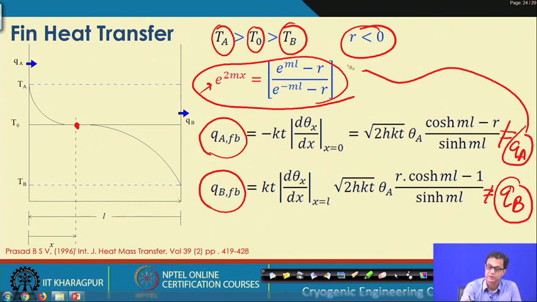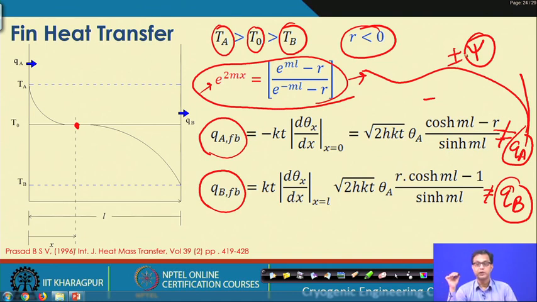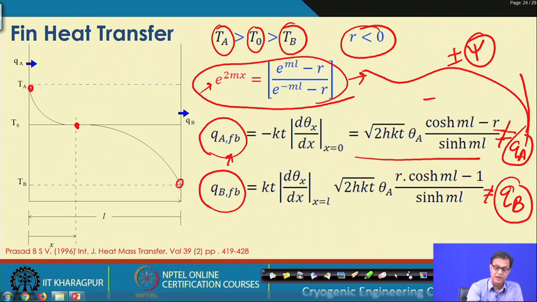Because this length was different, the x that we have estimated for this QA was taken from this x, and that is why our QA and QB expressions had a plus minus psi term. But here in this case, since this is completely based on the fin base heat transfer, this expression is automatically taking care of the axial conduction and the transverse conduction of heat taking place from one plate to the other plate. So, that means while analyzing the plate fin type heat exchangers, when there would be multiple